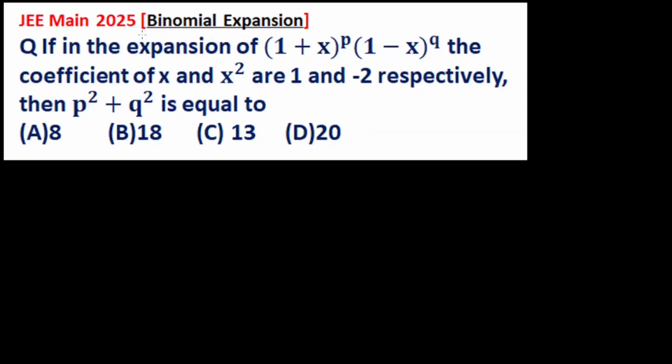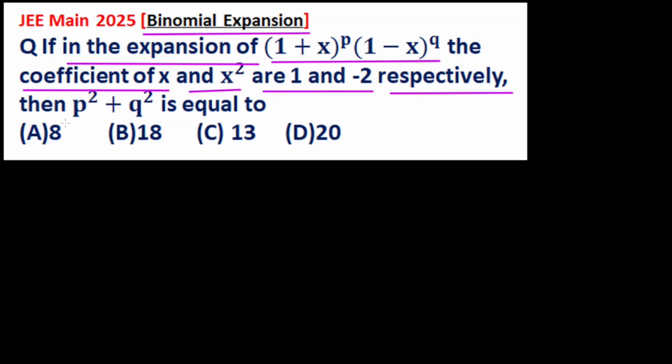This question is on binomial expansion. In the expansion of the product of these two expansions, the coefficients of x and x square are 1 and -2 respectively. Hence we have to find p square plus q square. We will expand (1 plus x)^p and (1 minus x)^q up to the terms containing x